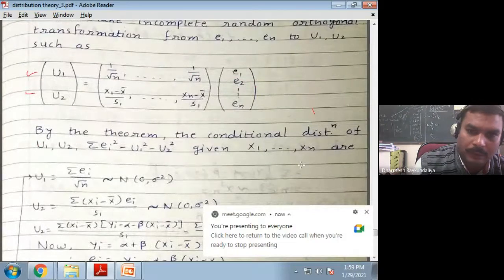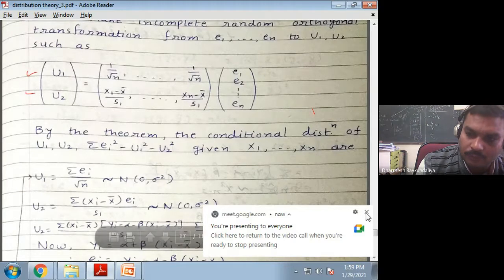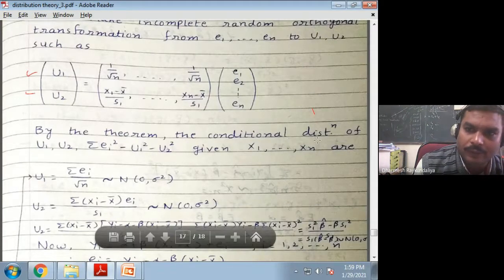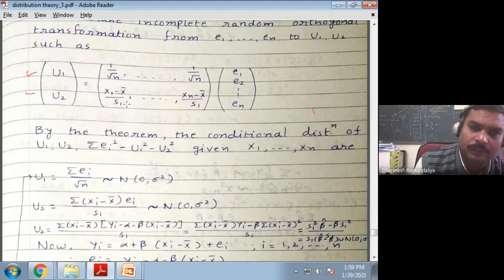Let us take an incomplete orthogonal matrix. Incomplete orthogonal means the matrix is not completely orthogonal, and when you say it is random, that means at least one of the rows of that matrix is random. So here, instead of u1, u2 up to un, we are only considering u1 and u2. These are the two rows of the matrix u, and that's why we are not using the complete matrix. So it is an incomplete matrix, and we are applying the orthogonal transformation, and one of the rows is random, so it is an incomplete random orthogonal transformation.